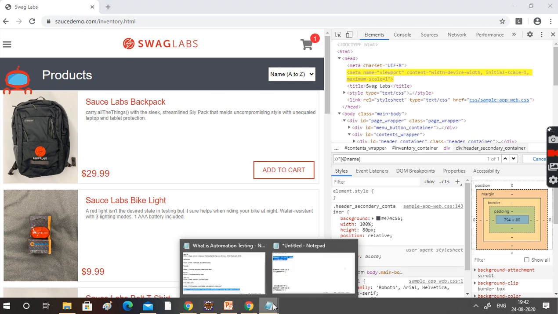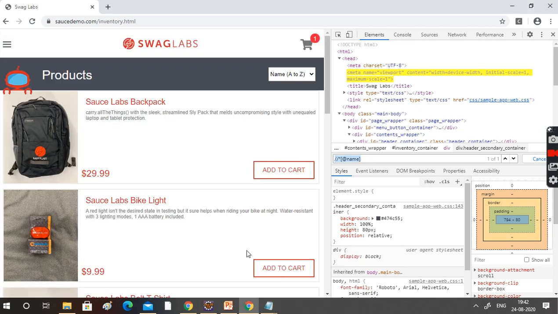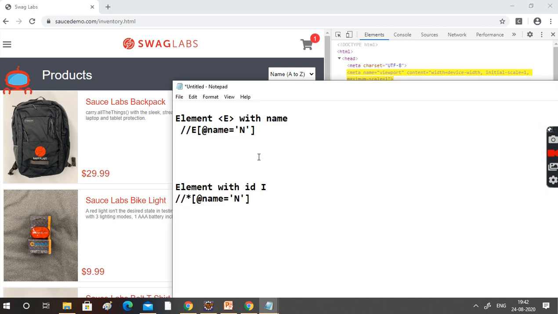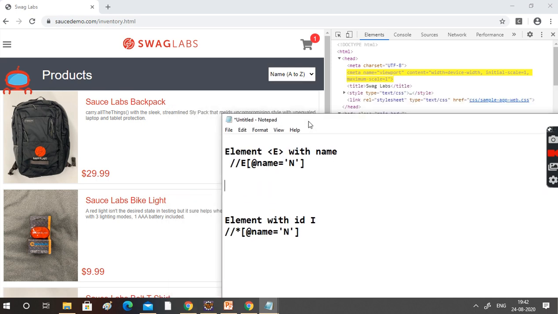Okay, but anyway, as we don't have this name attribute, I'm not able to explain it here, but the fundamental is very simple. How we did it previously for the ID attribute, similarly here also. If the name attribute is present, you proceed like this: input tag, then type name, then put the appropriate value.